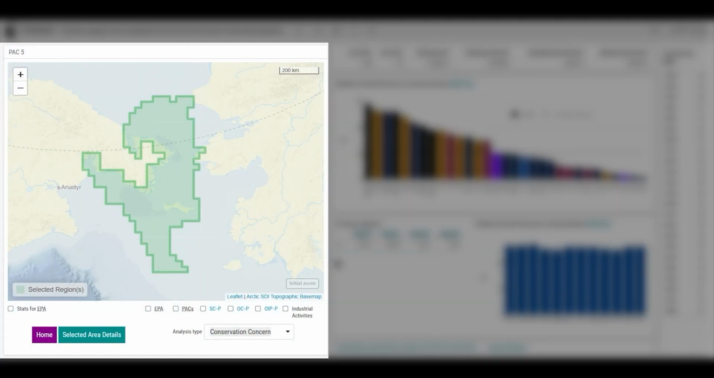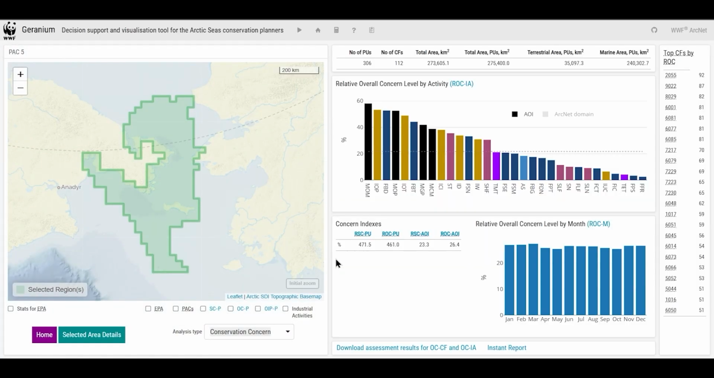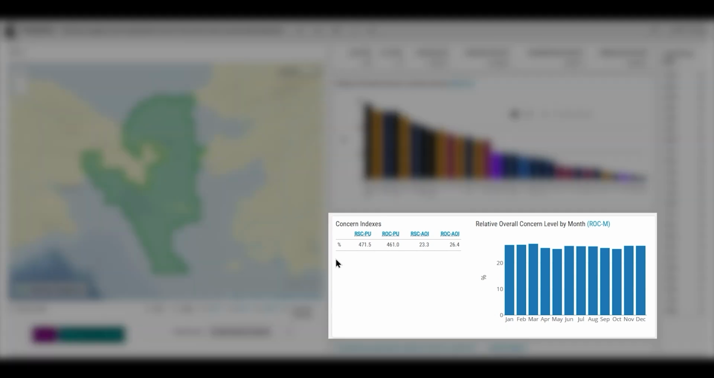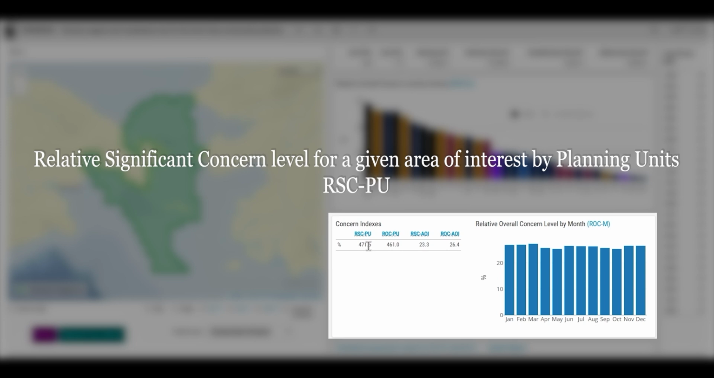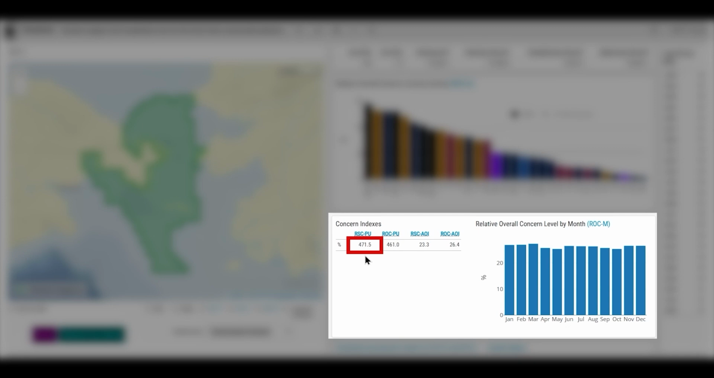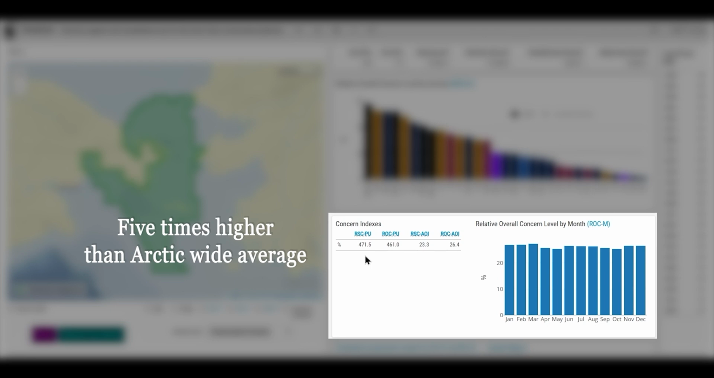The analysis shows us that the Bering Strait region is a very high conservation concern. So how can we tell this? The various graphs and stats in front of us indicate the level of conservation concern in various ways. For instance, in the bottom right panel, you can see that the concern indices are very high. The relative significant concern level for a given area of interest by planning units index, or RSCPU, is 465%, which tells us that the average significant concern level of planning units in the area is almost 5 times higher than